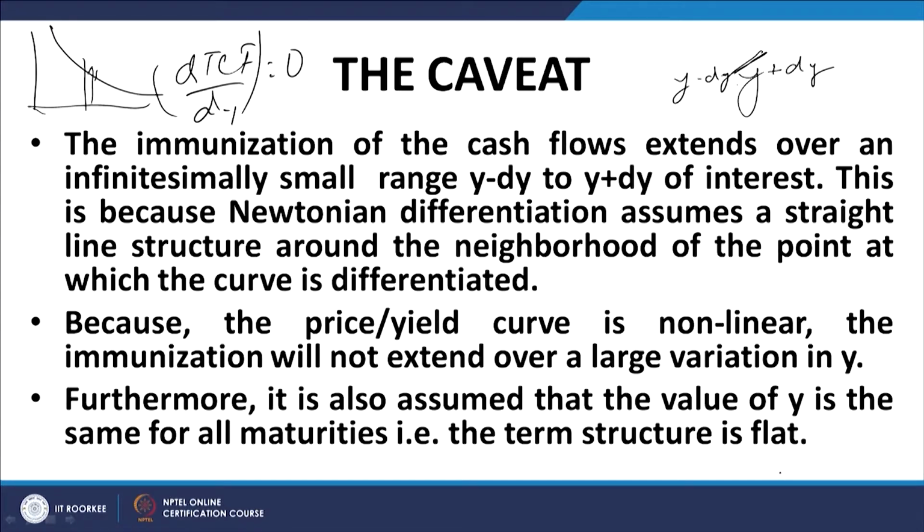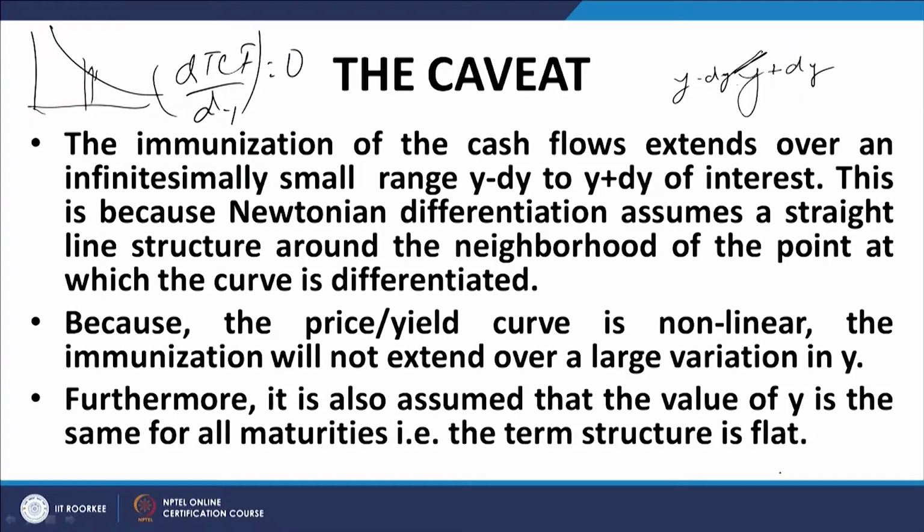It gives us that this immunity that we are talking about, the protection of total cash flows against a change in interest rates, holds for very small changes in interest rates. In other words, if you change the interest rate from say 5% to 8% or 9%, that immunity is not going to be there. The portfolio value is going to change even if you hold it for the duration. But for very small changes in interest rates, this immunity will hold, as I will illustrate by an example to follow.